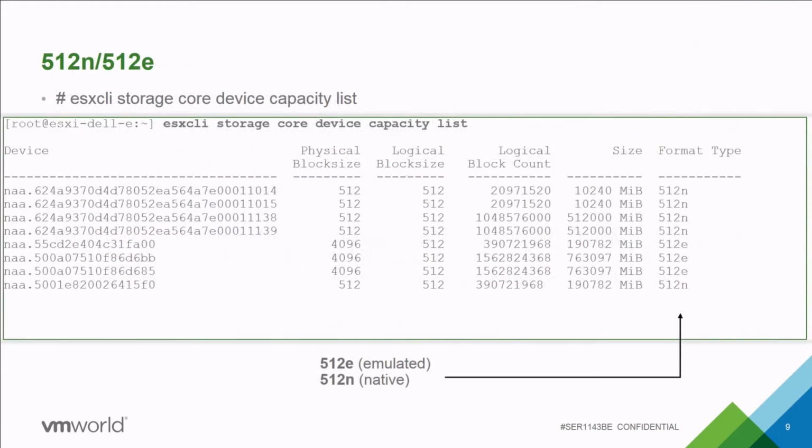If you look at the CLI, you can see some changes in 6.5 when reporting these, and you'll see this 4K sector size, this is 512 emulated, right? This is supported with VMFS 6. I would say, in the end, the main difference you're probably going to see from a user experience is